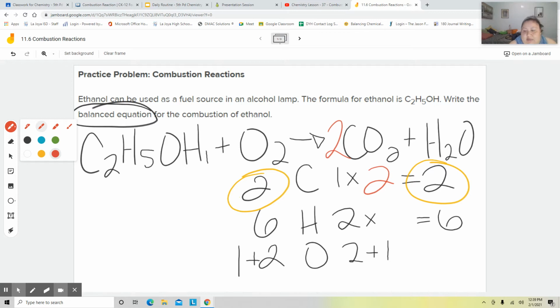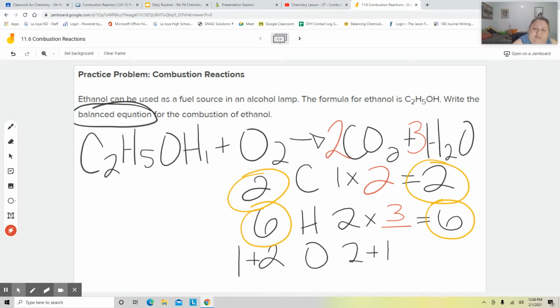Yeah, right? The number that's going to go in this blank to make a 6 is a 3. Okay, but, and there's a but. So my carbons and my hydrogens are balanced, but when I put those 2 and that 3, who else got